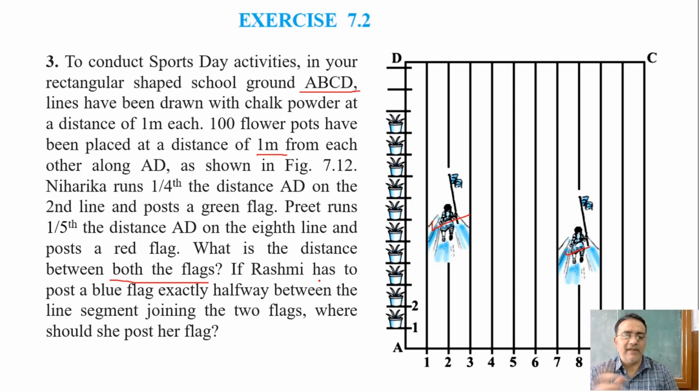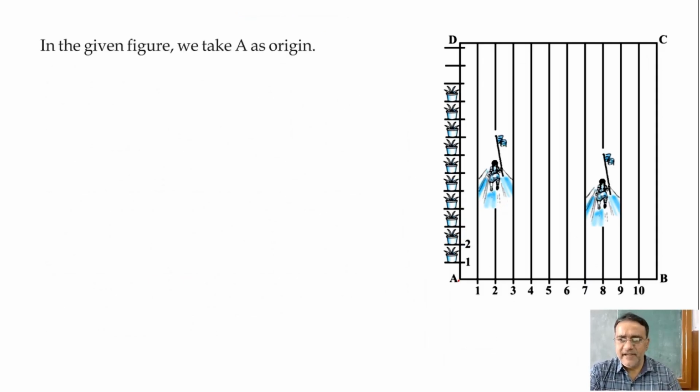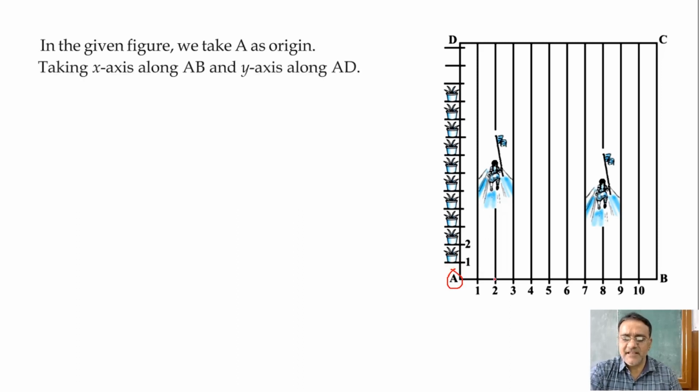So first of all we have to find the coordinates of the green flag and the red flag. So let us start with the first. We will take this A as the origin. Okay, and taking x-axis along AB, this is x-axis, and AD along y-axis. Now position of green flag,